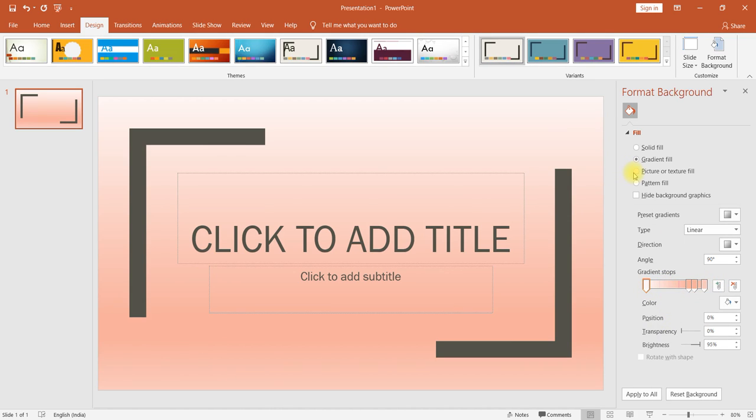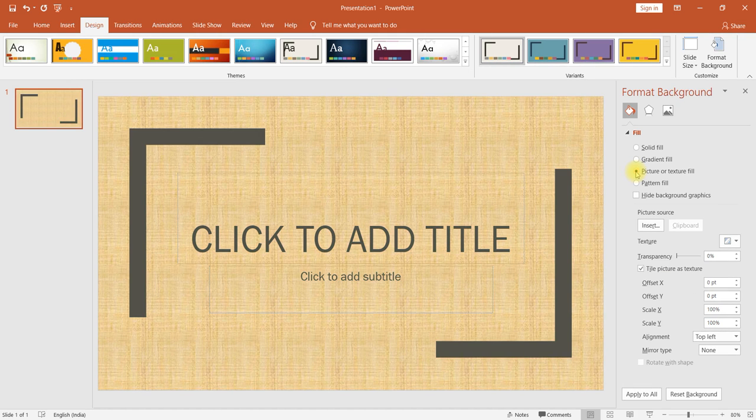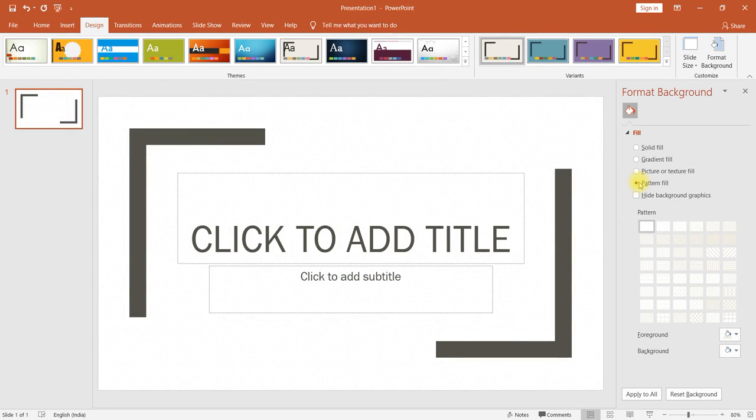And you can change it to a selected picture. You can insert a background picture here by the Insert option, or a pattern fill, if you would like to fill with some pattern. Based on the requirement, you can select this particular thing.